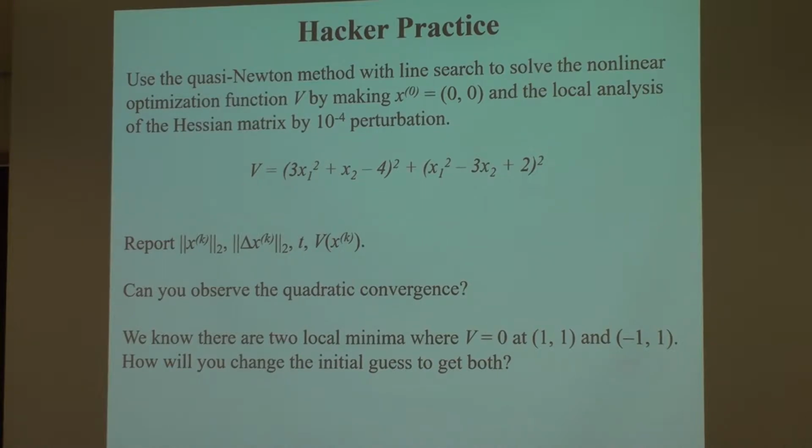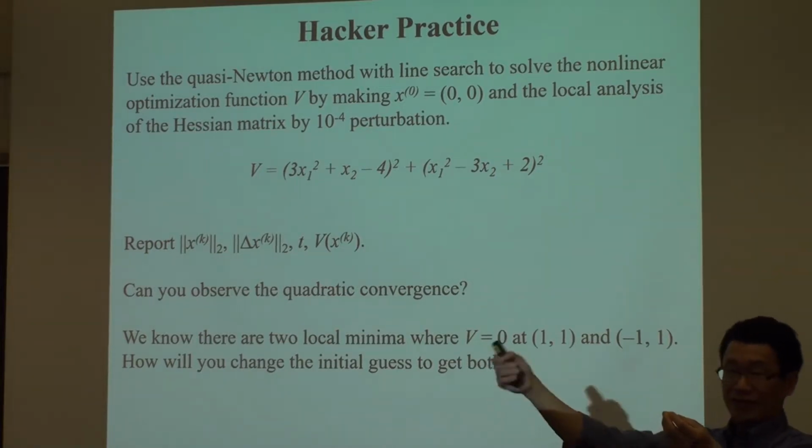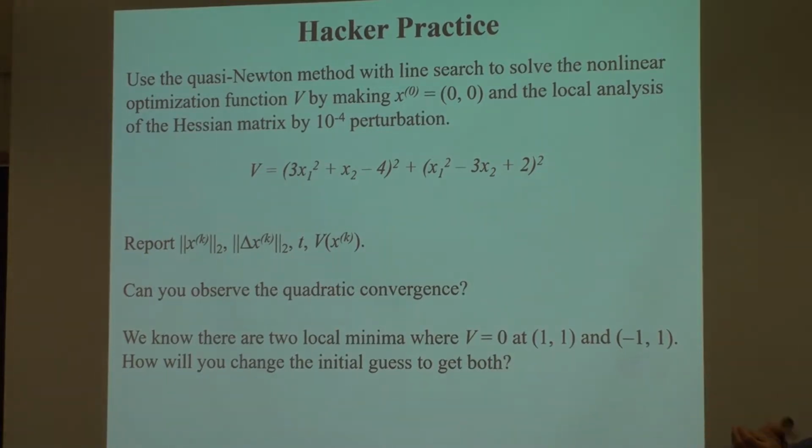Using gradient as an independent function. You evaluate a gradient, that is a function that does the local analysis and gets a gradient. Call that function twice to get your Hessian. Make a perturbation again on the gradient to get your Hessian. And the Hessian is a 2x2 matrix, right?